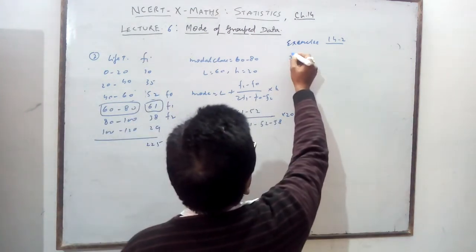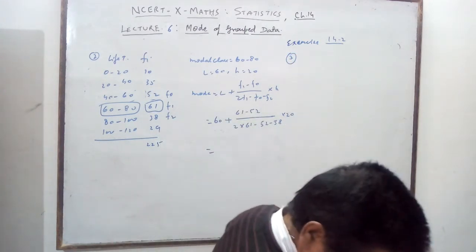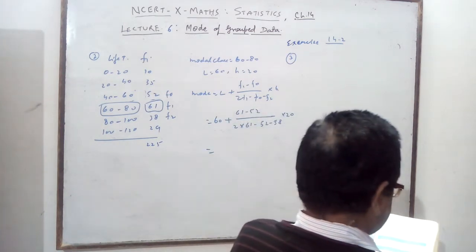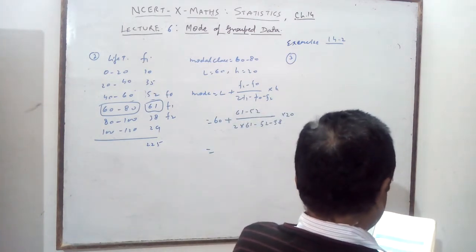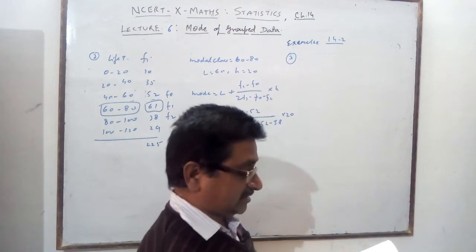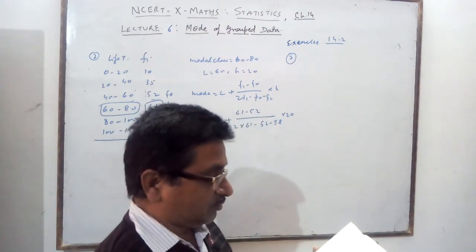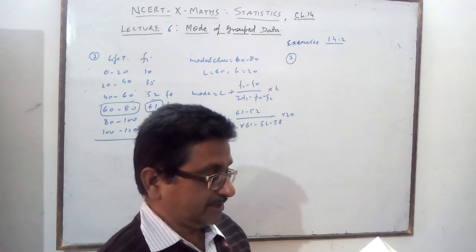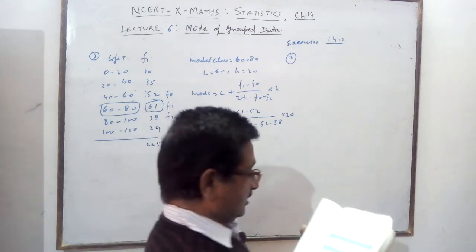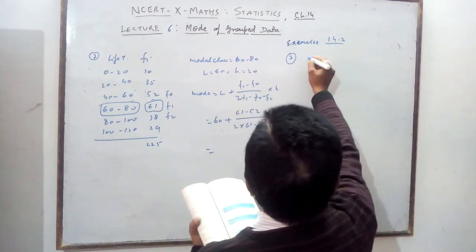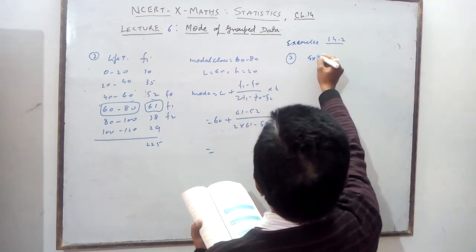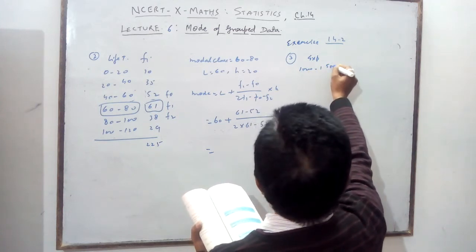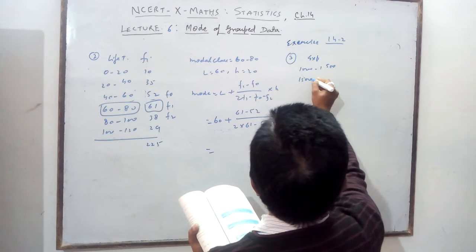Question number 3. What is given in question number 3? The following data are given. Also find the mean of monthly expenditure. Two parts are given: the mean as well as the mode, you want both. In the previous exercise I told you 200 families are given. The expenditure is 1000 to 1500, 1500 to